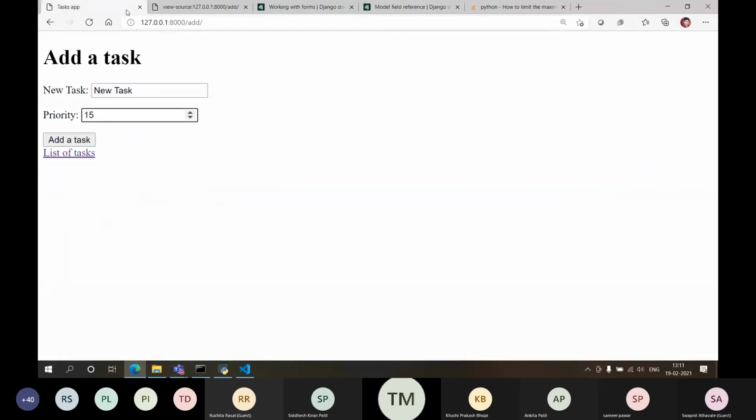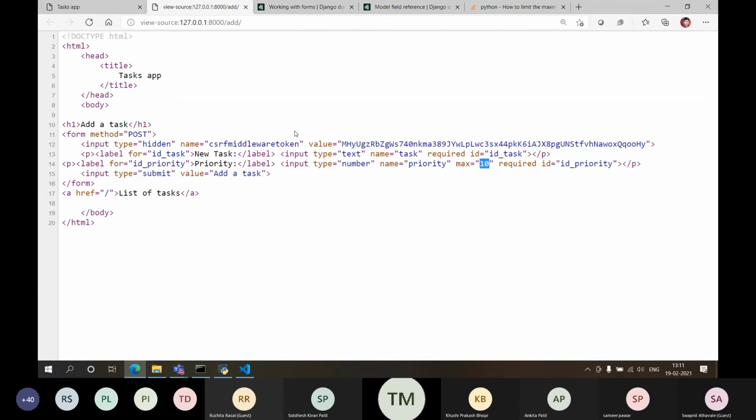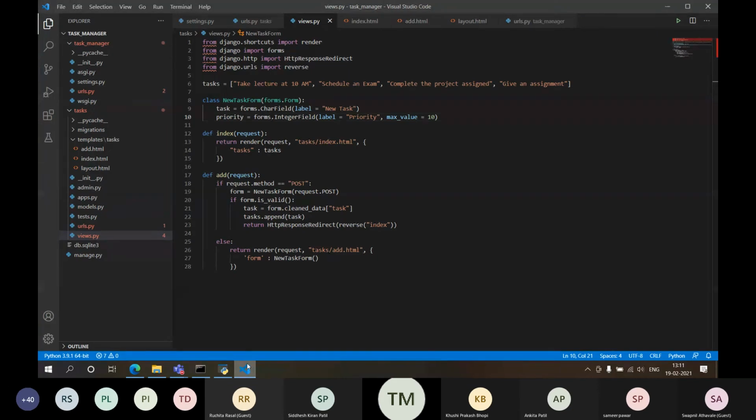Now here there is a catch. Suppose if I enter 10 over here, it will consider that value. Now as per my consideration or as per my page, max value is 10, right? Suddenly what happens, my project is in development and I change this value from 10 to 5. Okay, I'm changing the value over here.